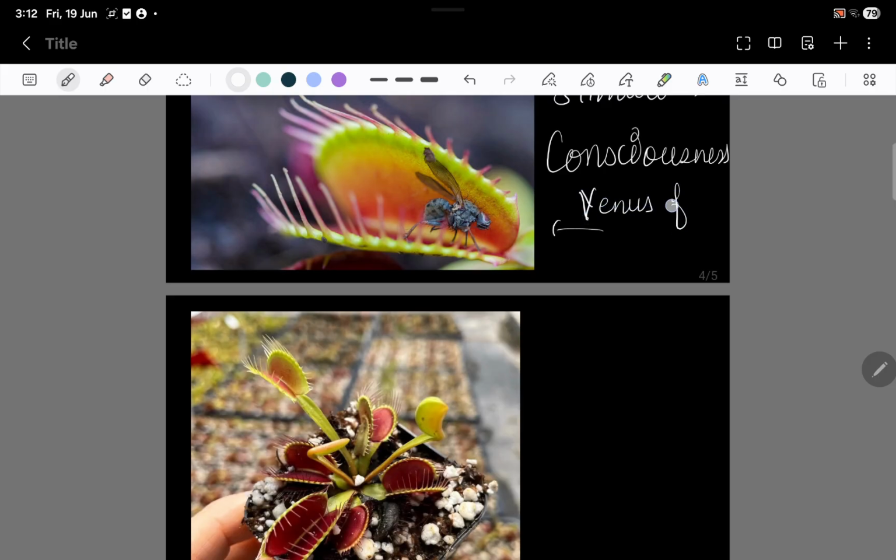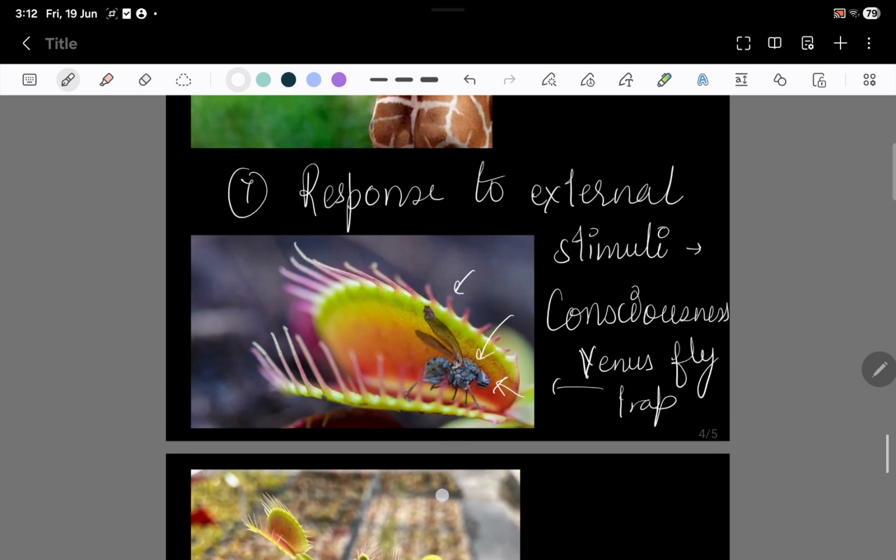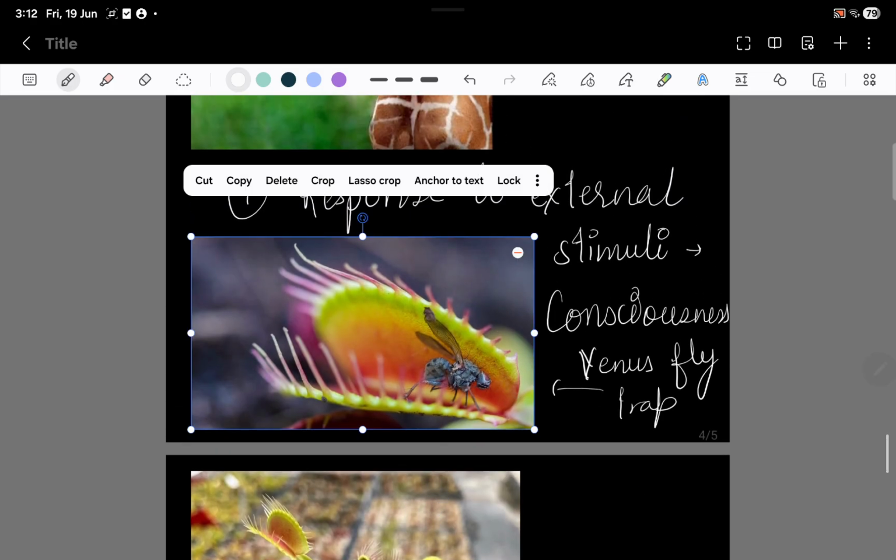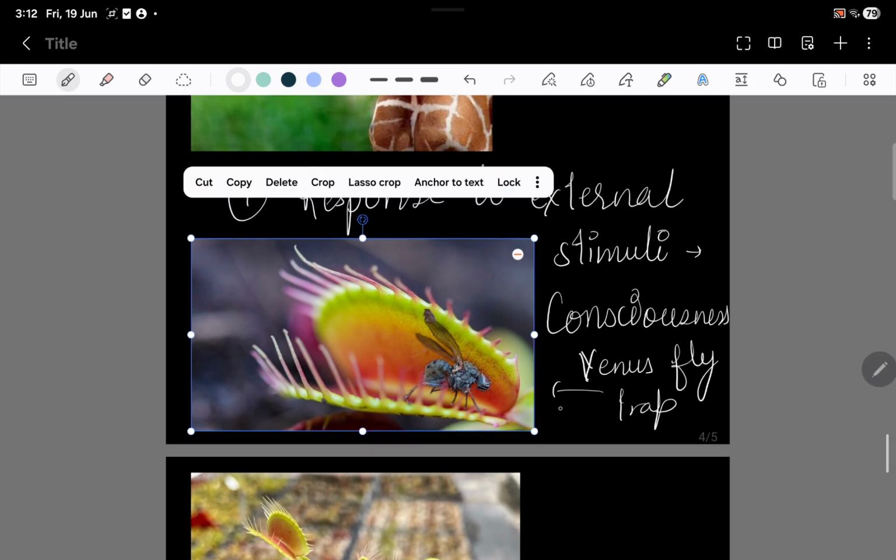An insect landed on the leaf and the leaf suddenly closes so that it can digest this insect by the digestive enzymes and fuel itself, right? This insect will act as a fuel for it. This is an insectivorous plant. Okay, now how did it respond? Immediately, as soon as the insect lands, the leaf closes